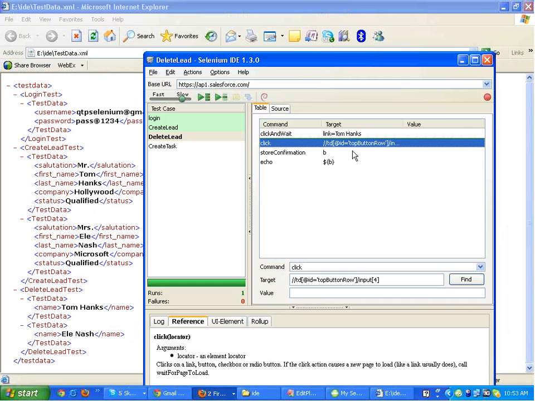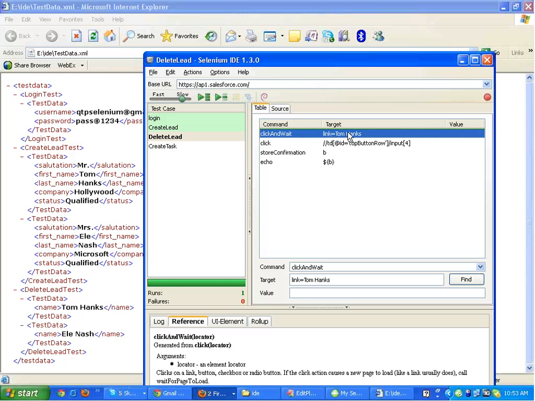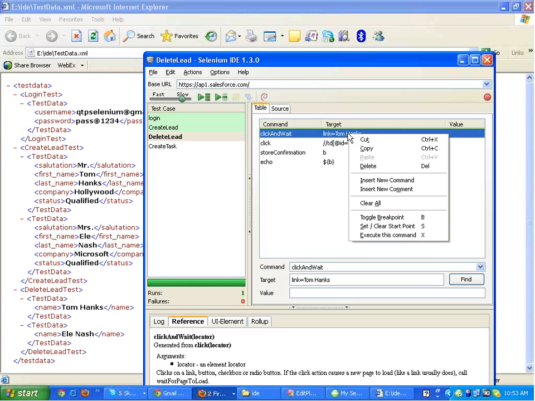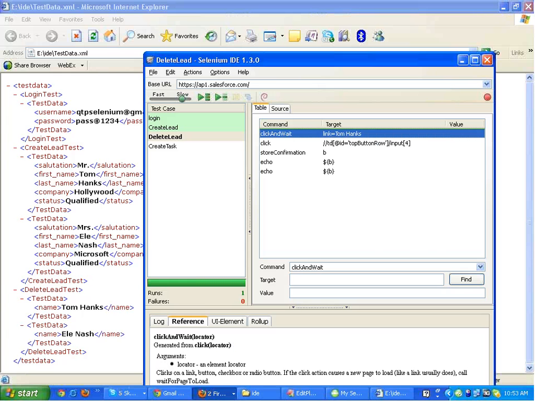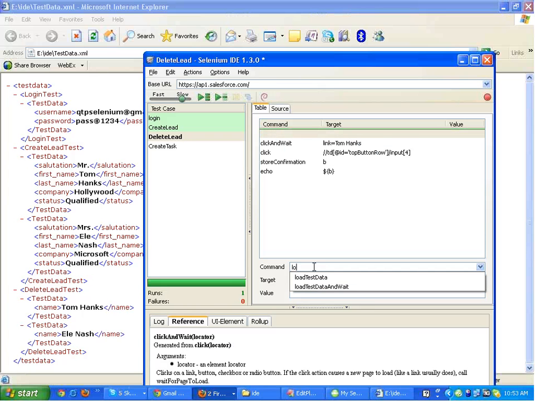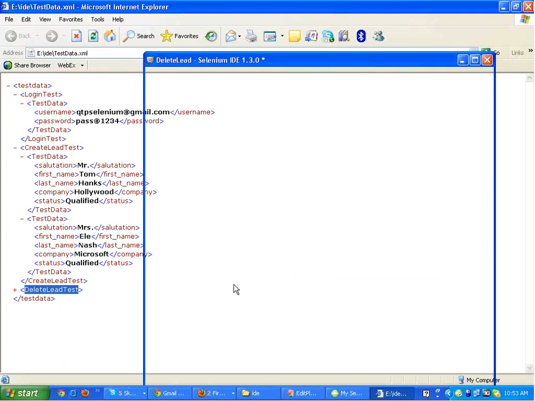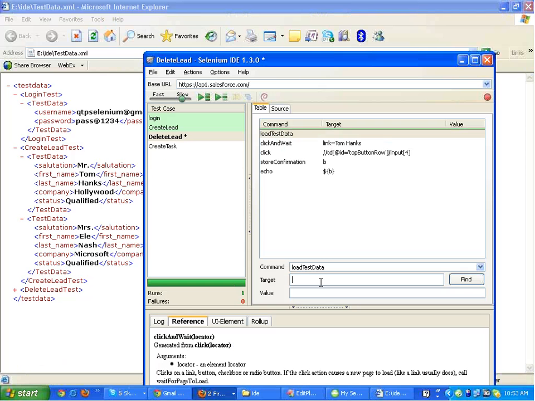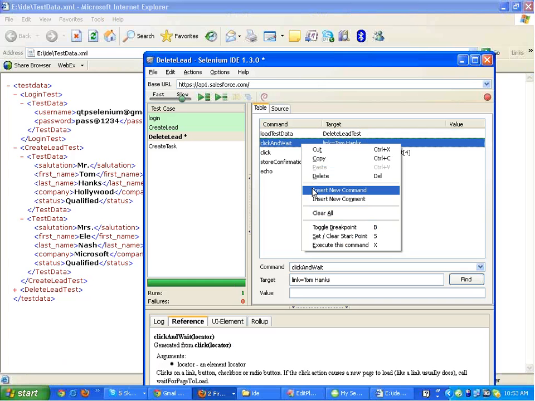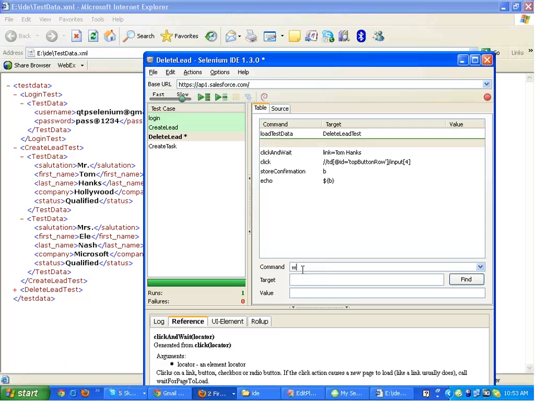And if you look at the delete lead test, initially Tom Hanks is hard coded here. So what I will do, I will load the test data for the delete lead test. Copy this name, and the target name should be same. Okay, and I'll write a while loop,